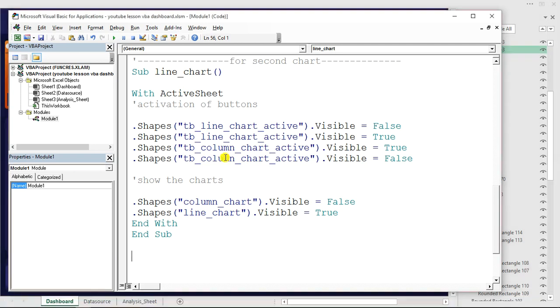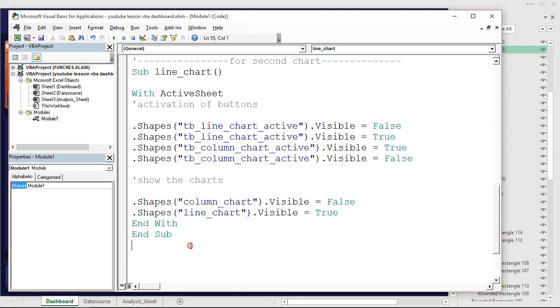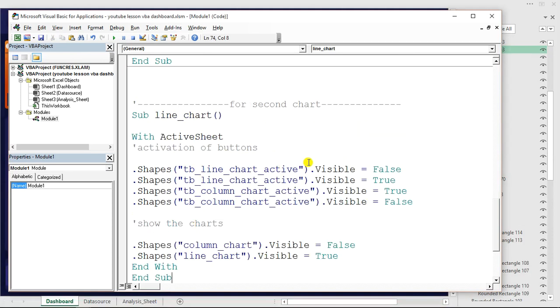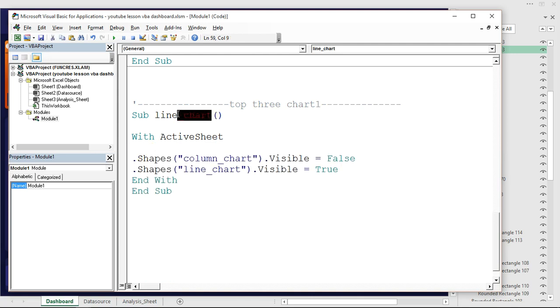So we can just go right here and do a very simple thing. All we need to do is recycle through this particular code we have right here. I'm going to copy it to the top right here, and copy it down. I'm going to say top 3 charts, top 3 chart 1. We don't need any of this right here, but we need the active sheet. Now what we need to do is name this one 2020 underscore chart. I named this 2020 underscore chart for you to identify what it is